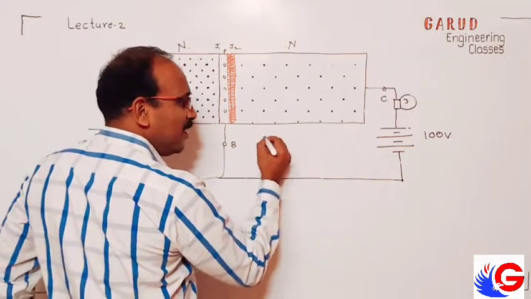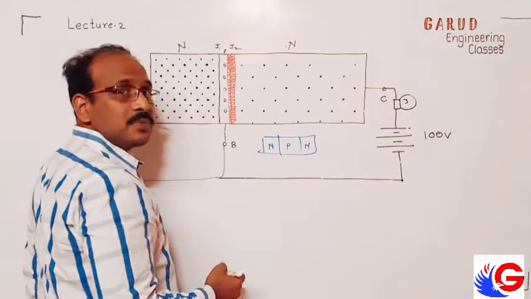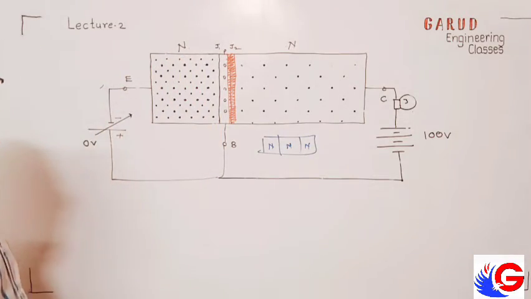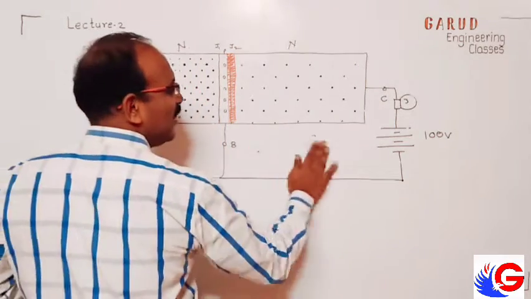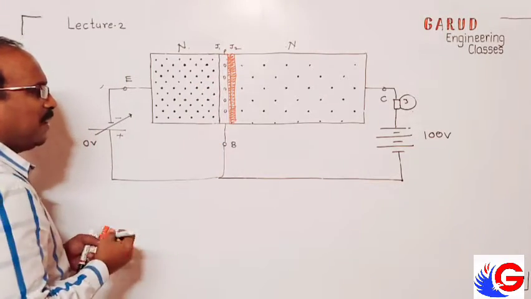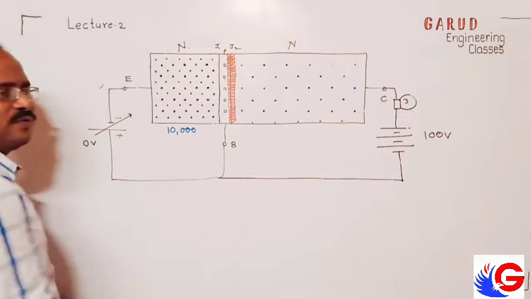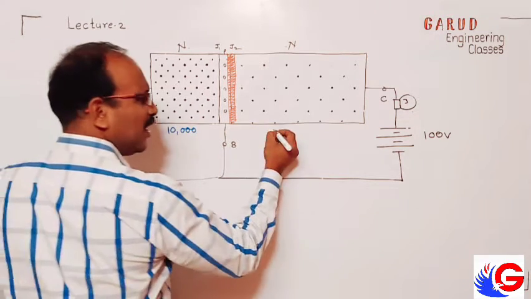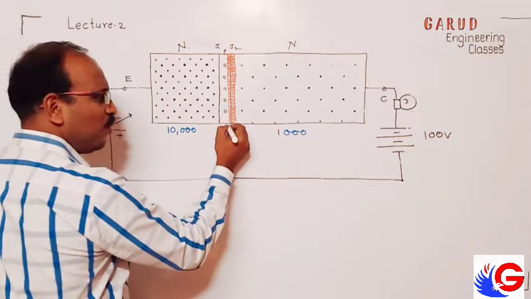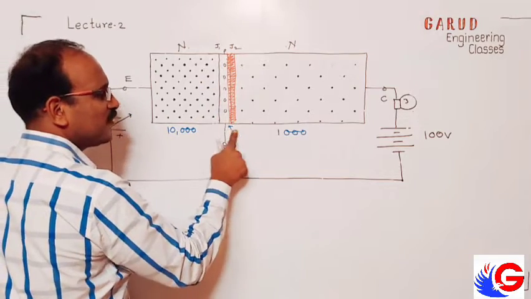What is the trick? As I told, if there are 3 layers, suppose this is N, P and N. Suddenly if I make this N, then we can make full conduction. This is the thing we have to do. See, pay attention. How many volts here? 1, 2, 3. I take one example. Here around 10,000 electrons. Moderately doped, around 1,000 electrons. How many volts here? I say only 1, 2, 3, 4, 5 volts.